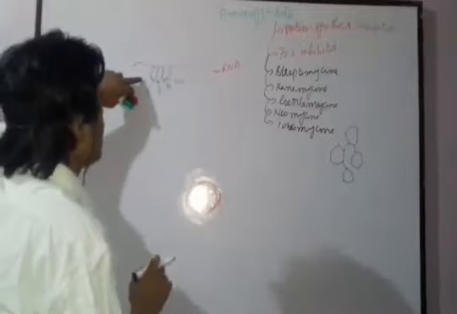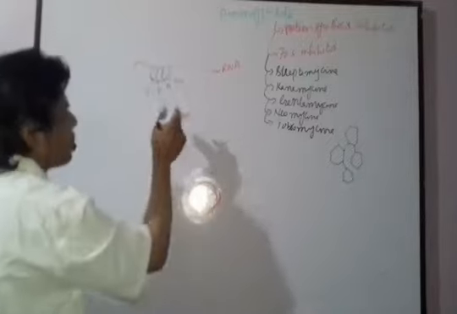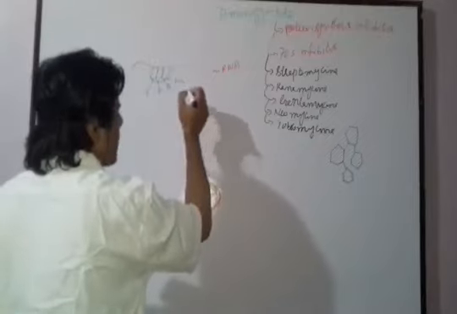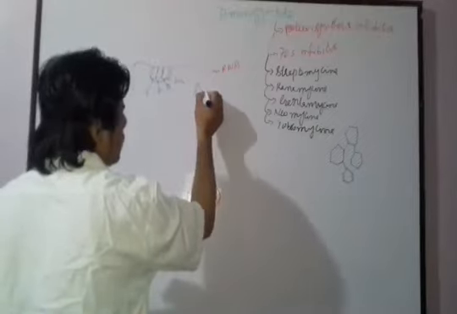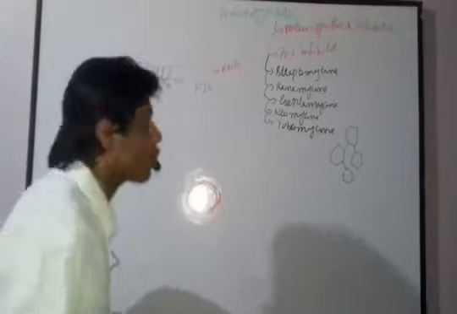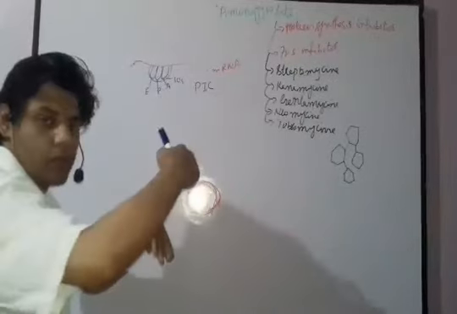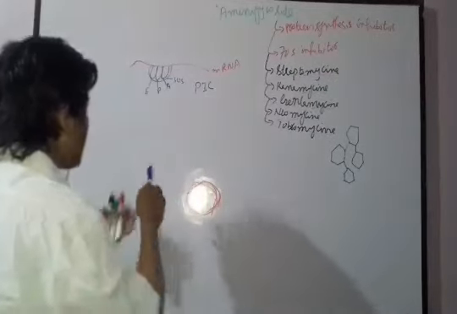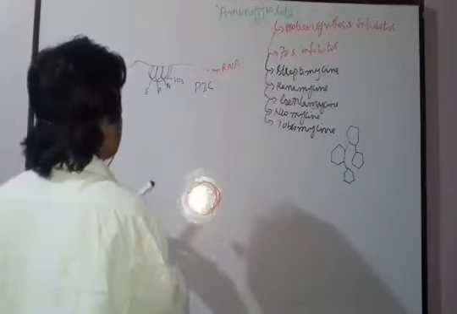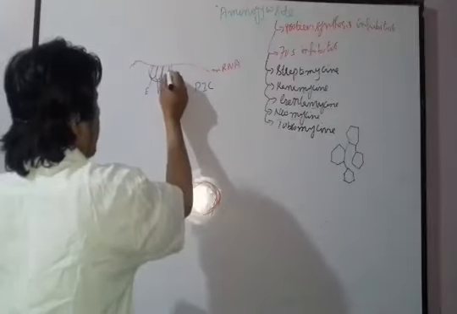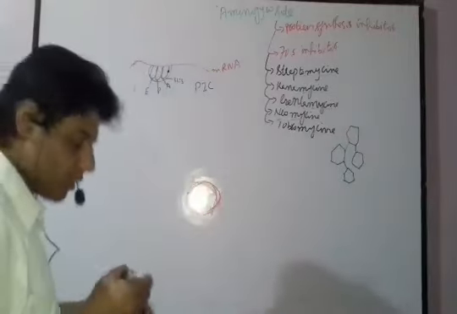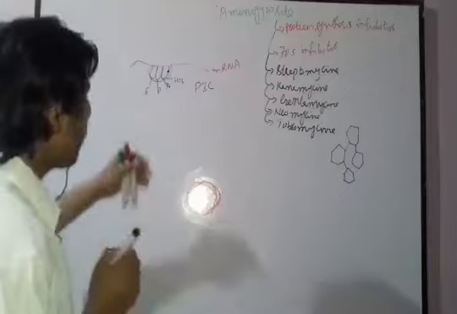Whenever the 30S ribosome and this messenger RNA are bound together, we call that the pre-initiation complex. PIC means pre-initiation complex, when the 30S and the messenger RNA are bound together. Then, I also told you that this A site will contain a release factor. This black one represents the release factor. What actually happens